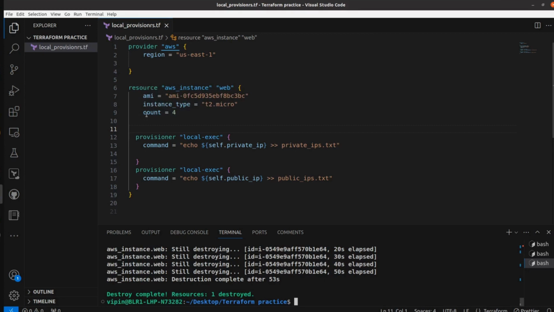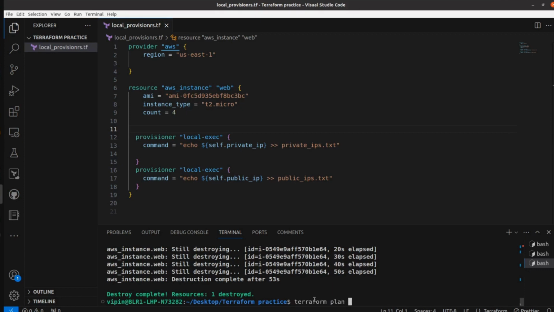We are using the count meta-argument to create four EC2 instances, and we will have two files, one private IP file and one public IP file. It will store all the public and private IP addresses in these files. So let's run.